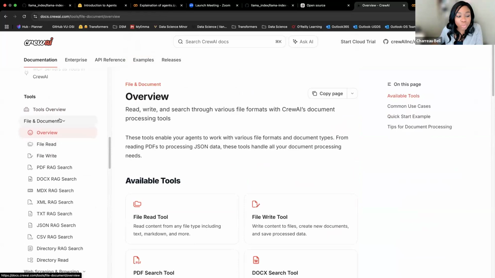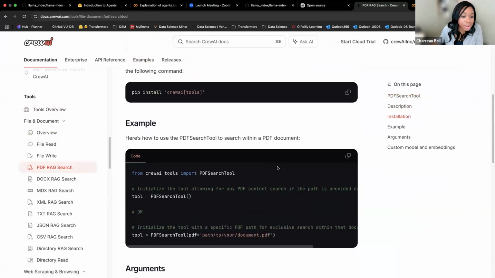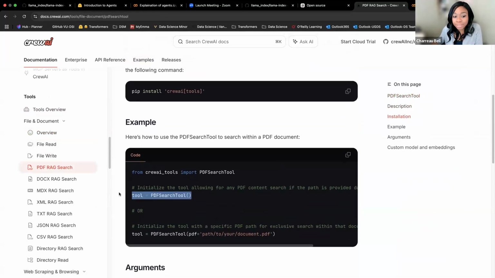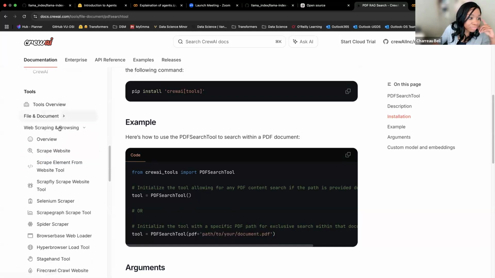For example, if you want to be able to read a document and then use RAG on it, this is how you would do that. Wow, that looks nice. That looks like something that I can write. That looks reasonable, to be able to get a PDF that you have on your computer, and then if your LLM or your agentic system feels like it needs to call that tool and you give it access to it, it can search that specific PDF. Straightforward. Love it.